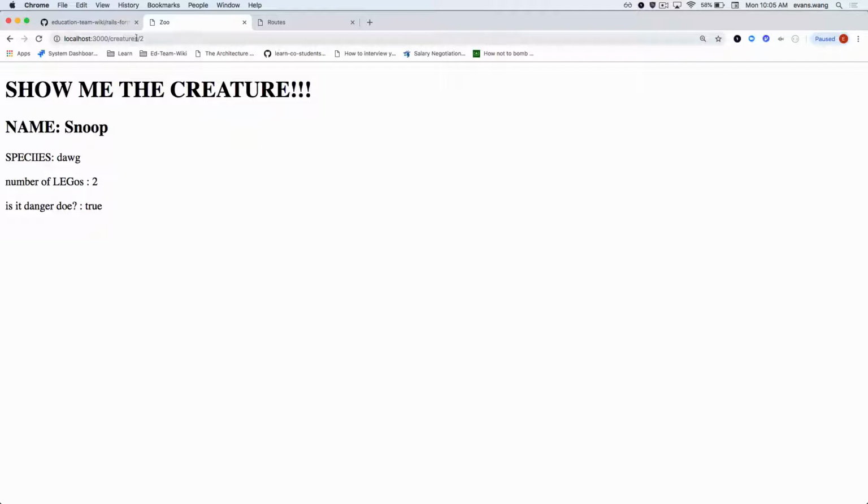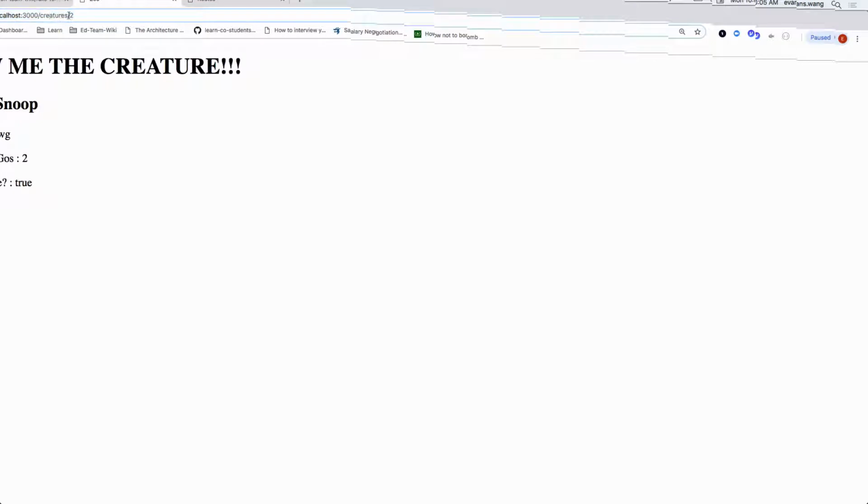Any questions on just the show page? So I know that if I go to /creatures with an ID of 2, it's going to do creature.find with the params of ID 2. That's where the params are coming from, yeah? Cool. So naturally,